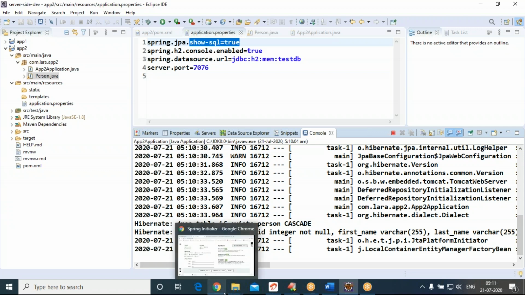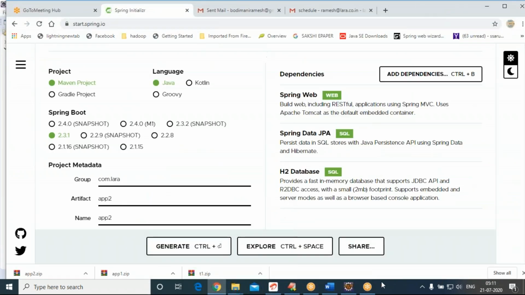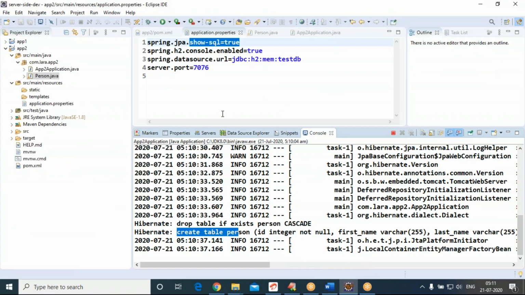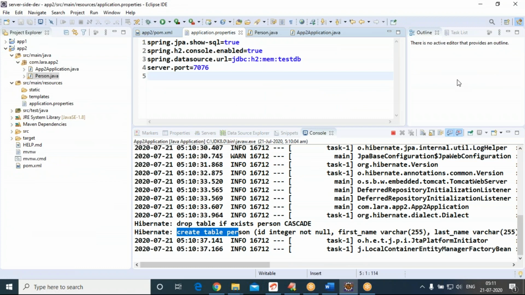I'm just commenting the URL: http://localhost:7076/h2-console. 7076 is the port number, then slash h2-console.